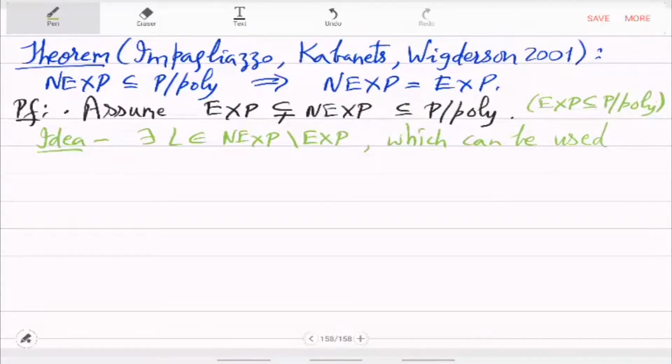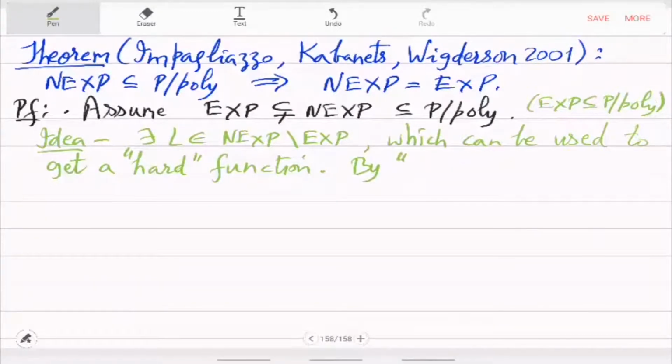So, there is no circuit hardness neither for NEXP nor for EXP, but since we are assuming NEXP different from EXP, there is hardness of a NEXP problem L with respect to exponential time computation, and we will use that. So, which can be used to get a hard function. Now, by hardness versus PRG connection,